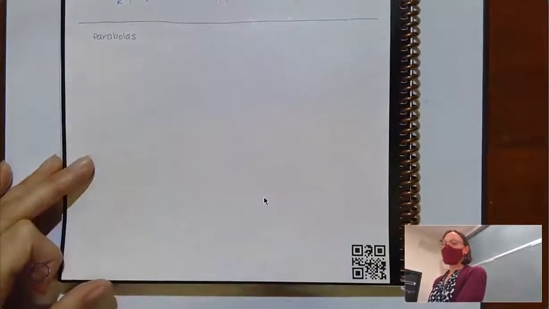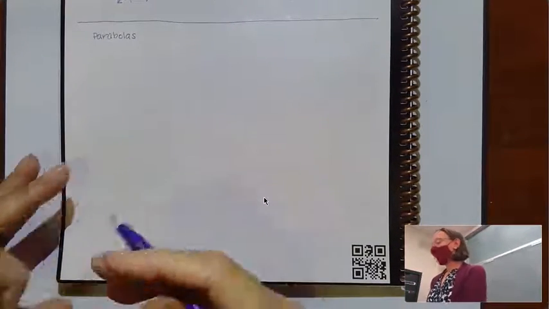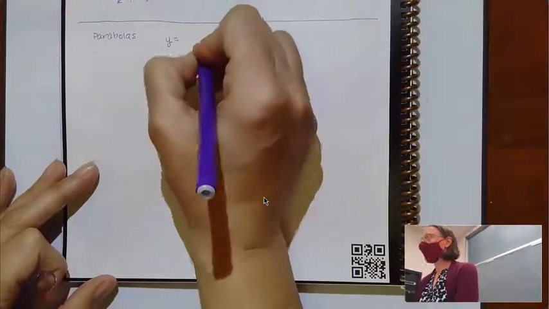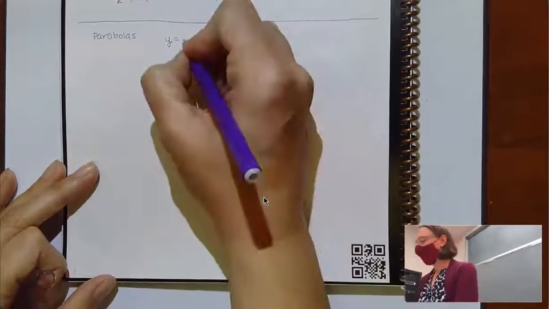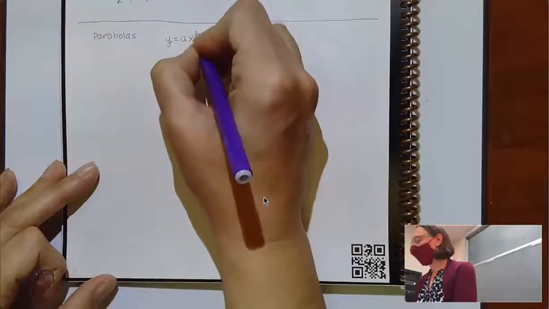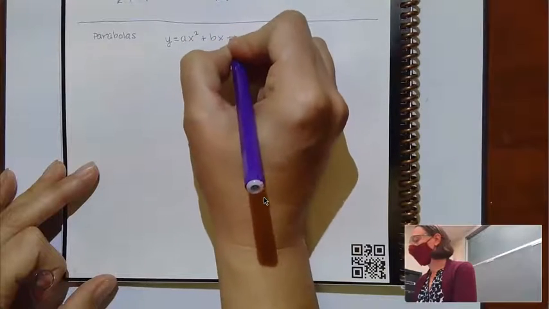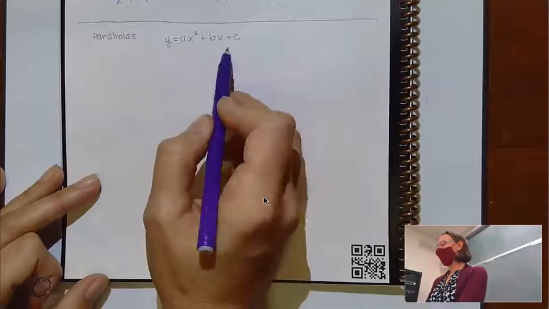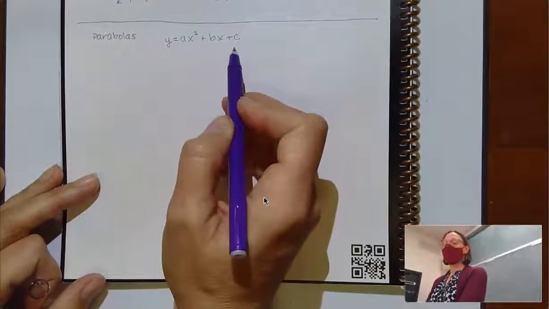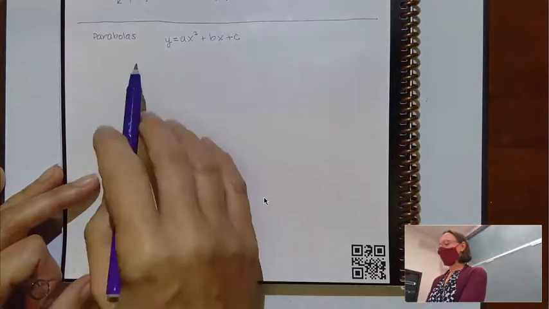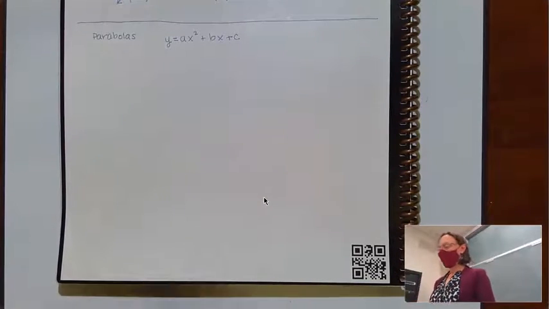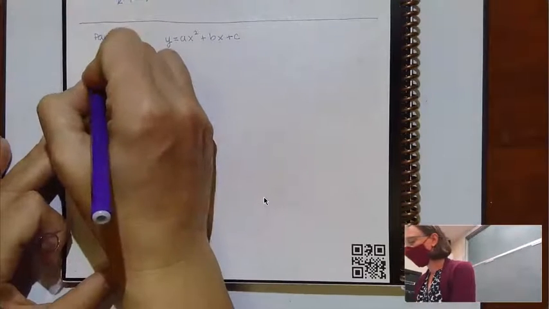So we talk about parabolic shape or a parabola. Anything that looks like y equals a quadratic. So I'm going to write this as like y = ax² + bx + c. Anytime I've got y is equal to something in this quadratic form, I know that's going to have this parabolic shape. Our base graph or our parent graph